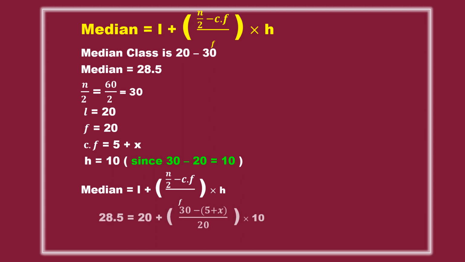Put all these values. Okay, median we have 28.5. So put this value. If you don't put, we cannot solve it, because here if you have a missing value variable, then this value should be known. Then only we can send all these things to the left side and we can solve the X value. Okay, once you got X, we can find out Y. Clear?